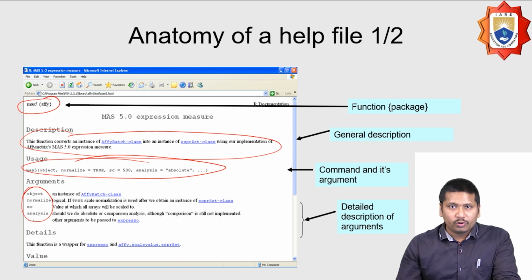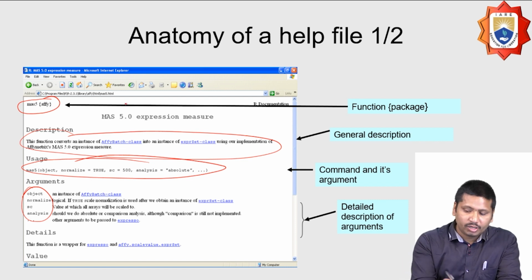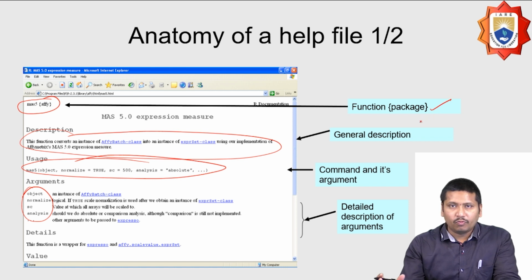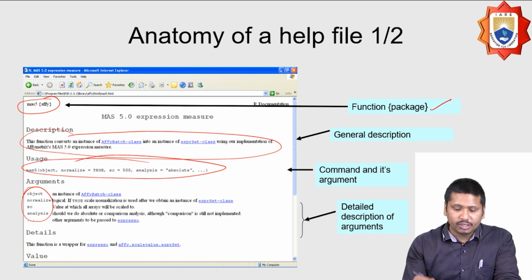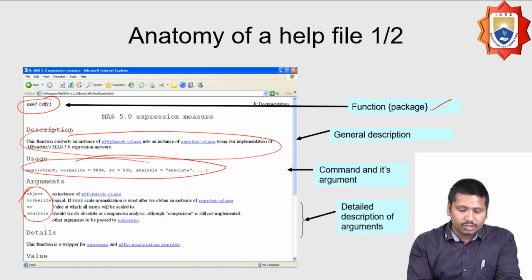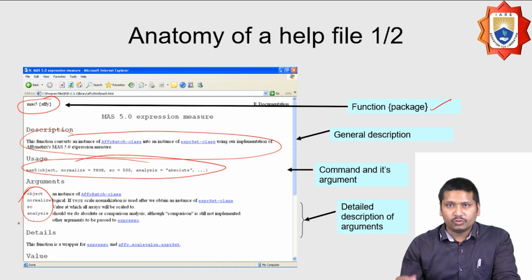Okay, suppose I'm going to open any kind of package here. For this package, the name of the package should be available here. And suppose I want to know some description, then this should be the general description of the package, where some interlinking is also done in detail about the classes in each package, and what the syntax is, what kind of command and arguments I can pass in this. Also I can know the arguments, and arguments may be object, normalized analysis, like this. So the details of arguments can also be known here,